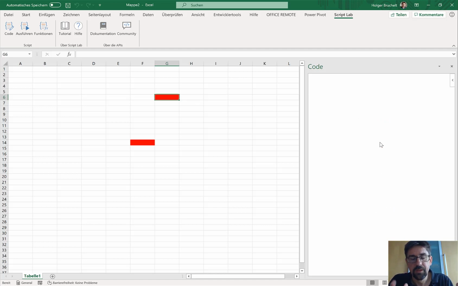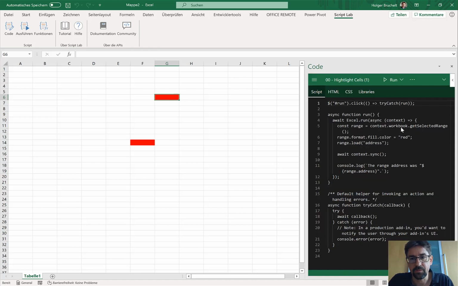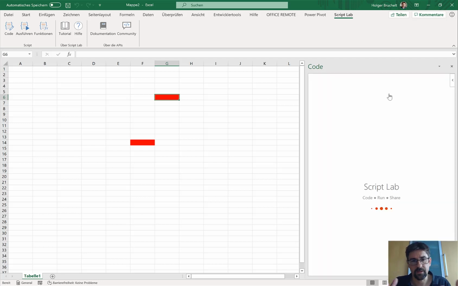And as you can see here in a second, let me go back here. This is really fairly simple, the TypeScript code. So I can just say here, get selected range. So it takes the cell, and then the color should be maybe not red, but yellow or something like that. If I start this whole thing again, then obviously, as you can imagine, the next time if I select a cell here, it would not change to red, but it would change to yellow.